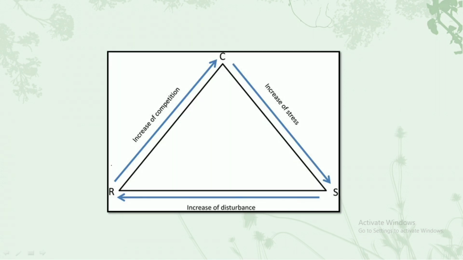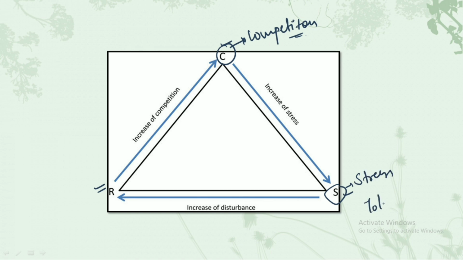So now let's understand the representation of Grime's triangle. We have a triangle, and in this the three corners represent three different types of organisms. On the first we have C, and C stands for competitors. Now what are competitors? Competitors are the organisms that compete with each other in order to get the resources. Then we have S, which means the stress tolerators. Those organisms that could tolerate stress to a larger extent are known as stress tolerators. And then we have R, that is the ruderals. Now what are ruderals? The organisms that grow on waste areas are known as ruderals.